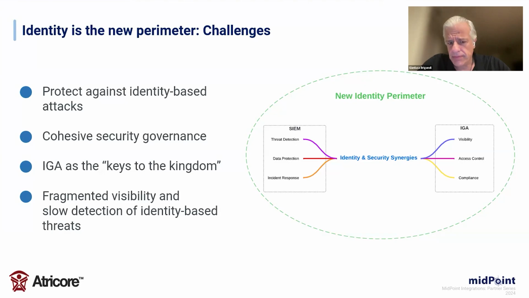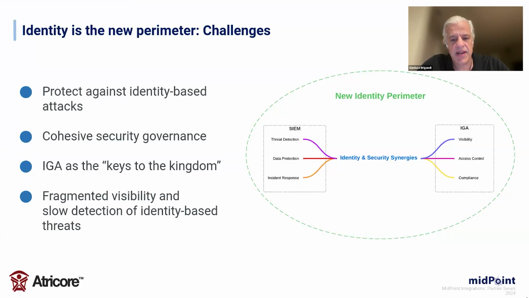So within this presentation, we're going to explore the synergies between SIEM and IGA. There is some overlap between both solutions, however they complement each other. You can see in the diagram that the SIEM is focused more on